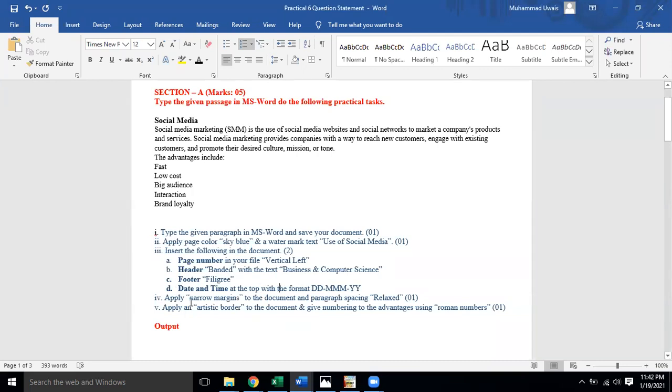Okay. Now apply narrow margins to the document and paragraph spacing relaxed. There are some paragraph spacings, the line spacing, paragraph spacing. So apply narrow margin.